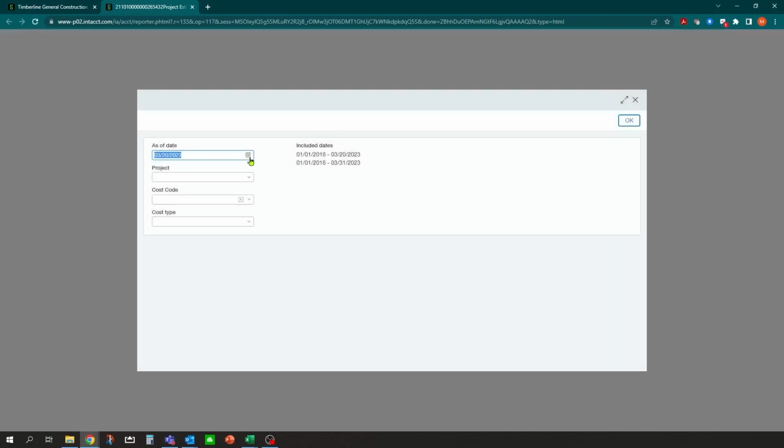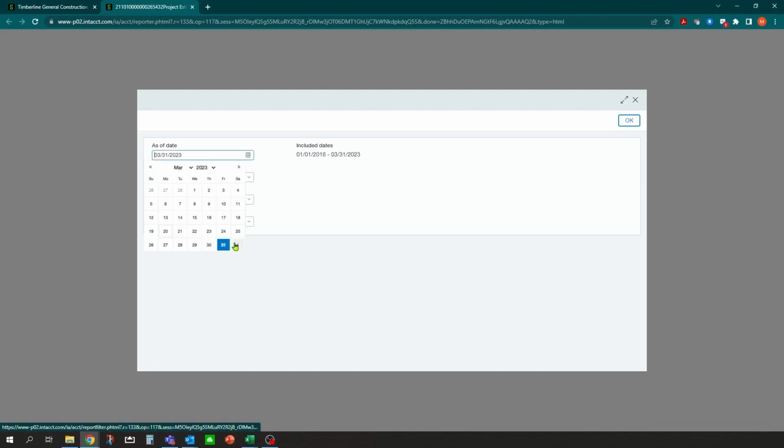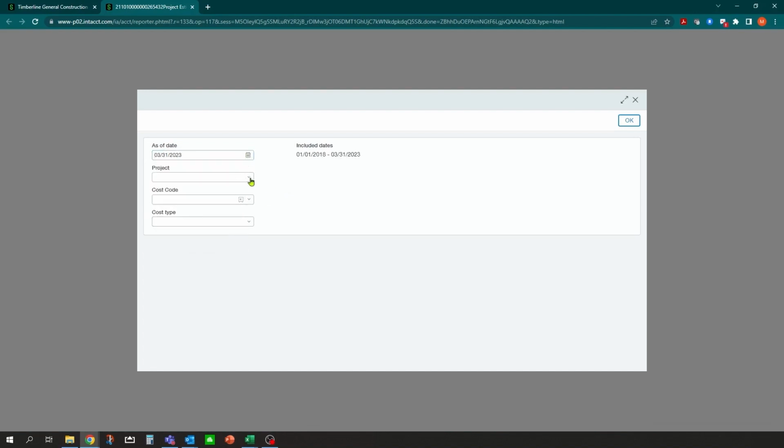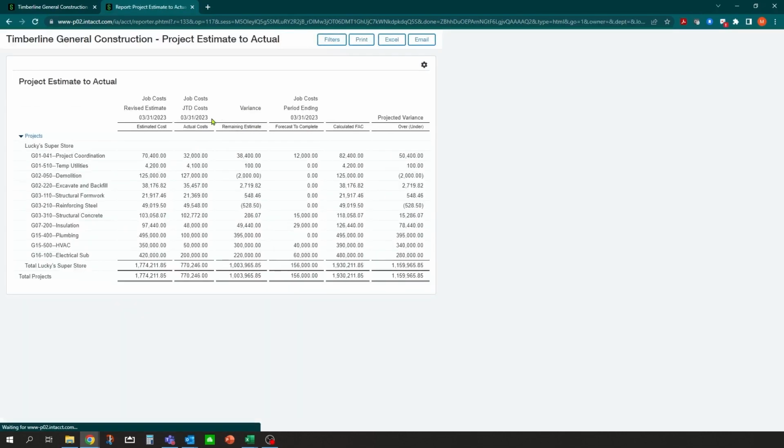So if I come into here, HTML, and I have a feeling we did pretty good, but let's see, I'm going to run this as of March 31st, or I could do April. And let's just run 24,100. And let's do okay, and let's see what we got here. So now, based on our entry, we have calculated forecast to complete.